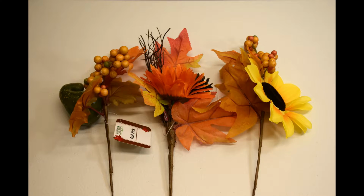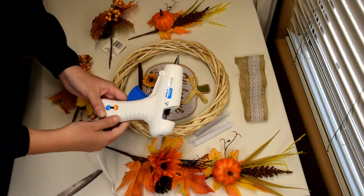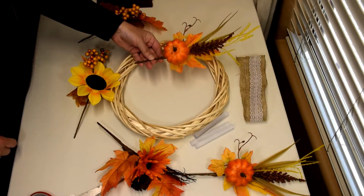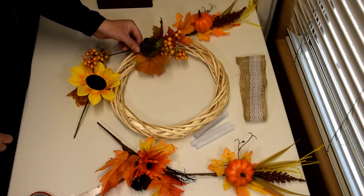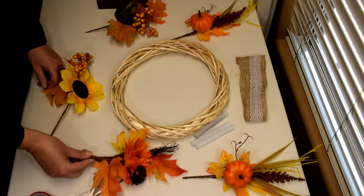I chose burlap ribbon. Begin by setting up your hot glue gun or an alternate glue choice. I used hot glue because it sets up quickly. Lay out your floral picks in order of where they will be used. We're filling half of the wreath form, so starting on the left, the pumpkin is on the far left, next to it will be the squash, then the large yellow sunflower, an orange sunflower, and finally we complete the wreath